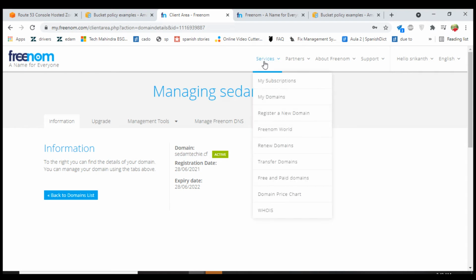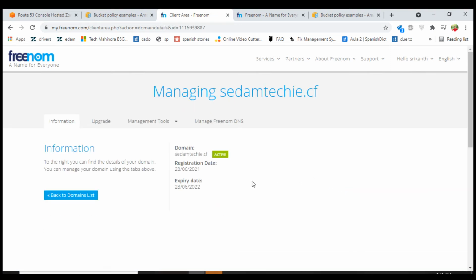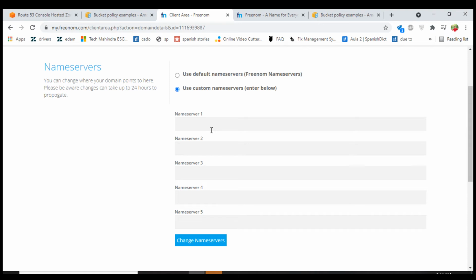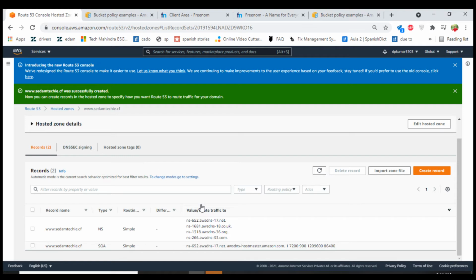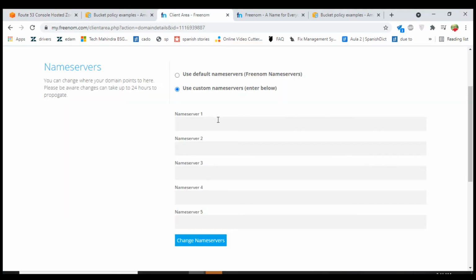Okay, click on services, my domains, click on manage domain. Now click on management tools, name servers, use custom name servers. Here we have to copy and paste the details from here. Remove the dot.